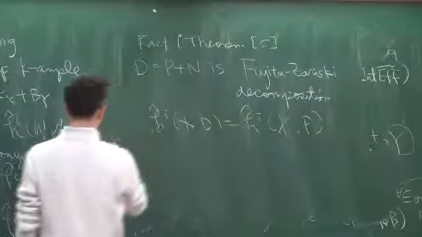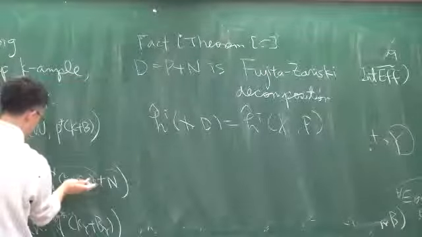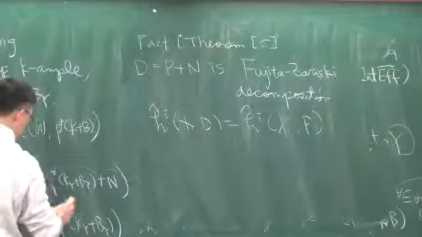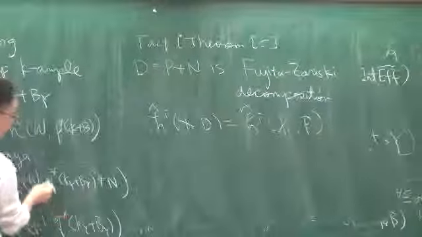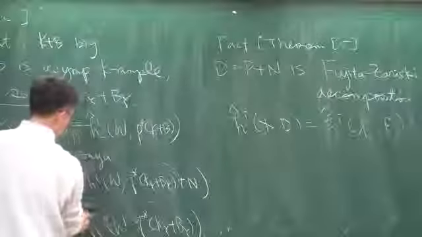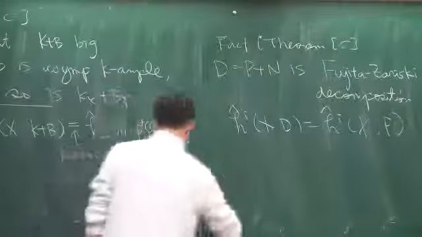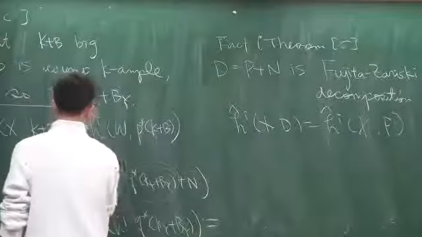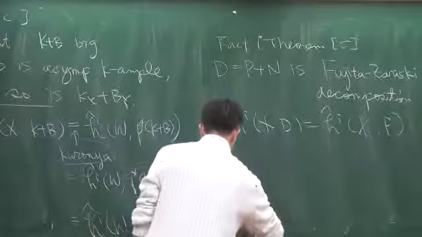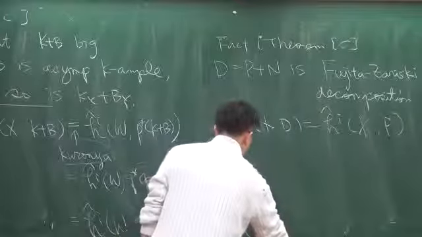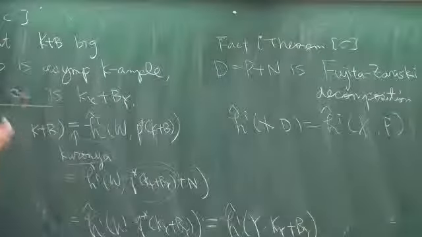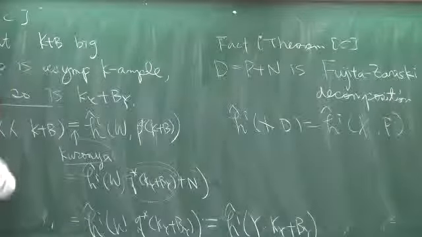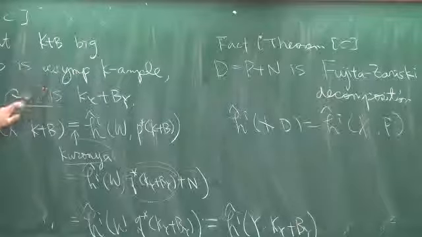So we have to use this fact actually. According to this fact, this is the positive part of the Zariski decomposition, and it preserves the asymptotic cohomology function. And now again, use the result of Kronia. H hat Y, KY plus BY. Okay. So this proves the MMP invariant property of the asymptotic cohomology for adjoint divisors.